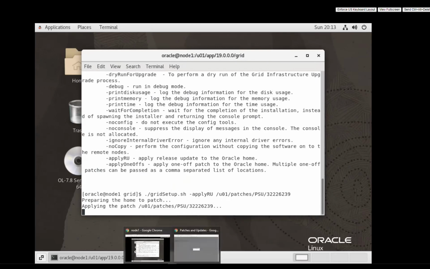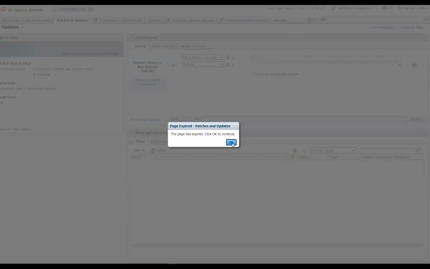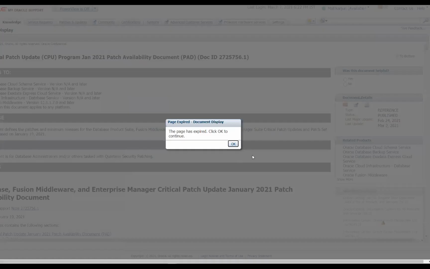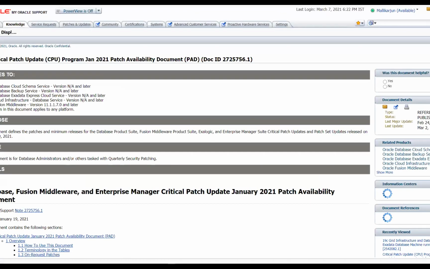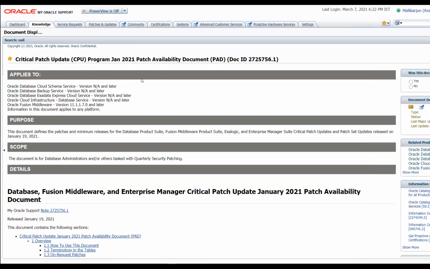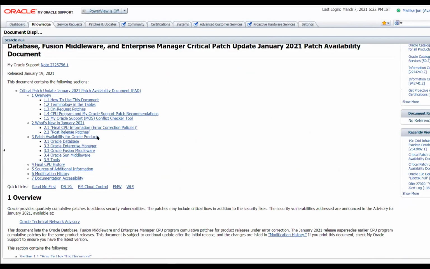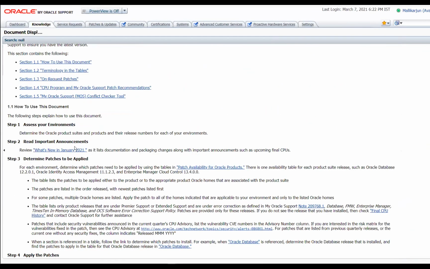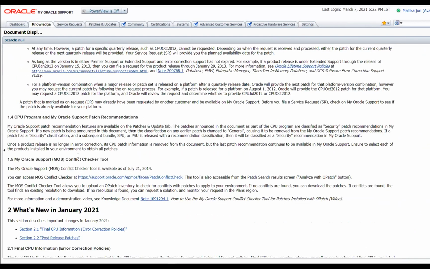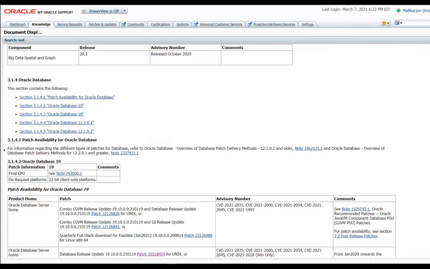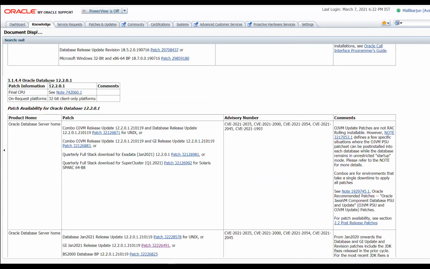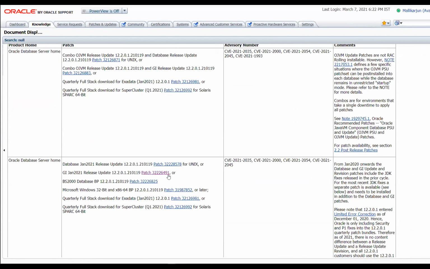I'll just open the MOS document. Okay, I think you are able to see my screen, right? So this is a patch. I already showed you Jan 2021. Just before this, when I was doing the 12c lab setup, I went to the 12.2 section, downloaded this particular patch, and you can see the color change here.